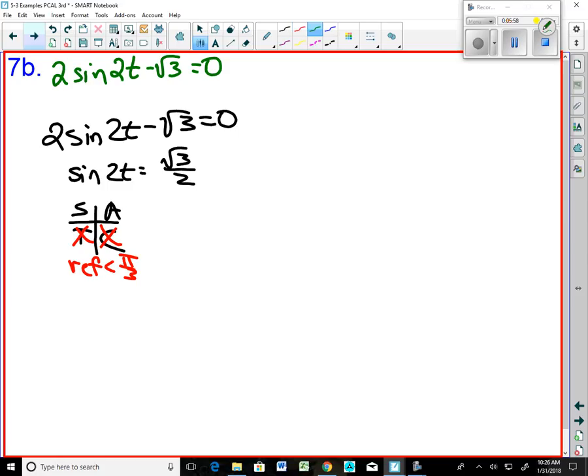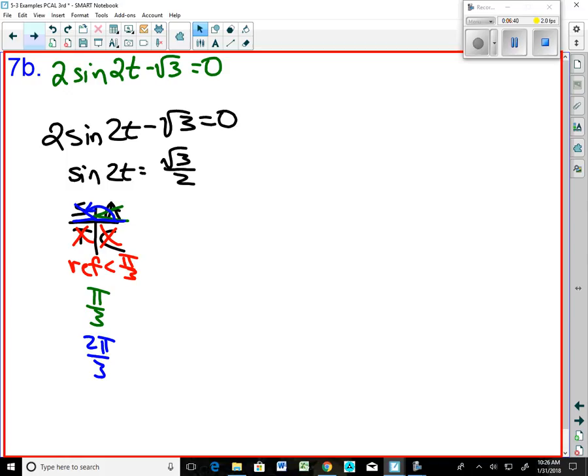One of the angles is just the pi over 3. The other angle is going to be right there. So the reference angle is pi over 3. This is pi minus pi over 3, so 3 pi over 3 minus 1 pi over 3 is 2 pi over 3. Those would be the answers if it had just been sine t equals this and we were just going from 0 to 2 pi. If we're going for all real numbers, because we weren't given any restriction of just going from 0 to 2 pi,